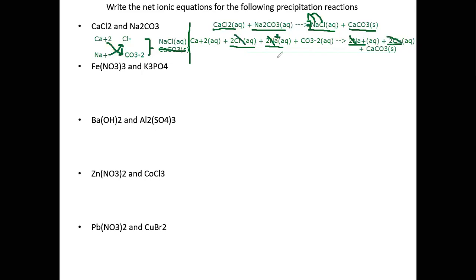They're exactly the same. And so these ions that we crossed out are called spectator ions. The spectator ions are the ions that are not involved in the reaction. So here, the spectator ions are sodium ions and chloride. And typically when you have a product that's a group 1 compound, it's always going to contain your spectator ions. And then what we have left is the net ionic equation, which would be